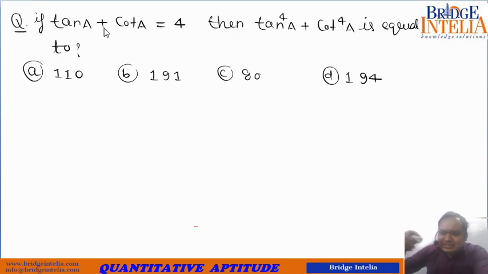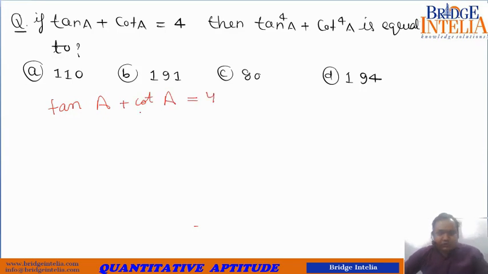So you should create some kind of situation in which you get to multiply these numbers. That's why these numbers have been chosen and given before you. So let's move on to a fresh slide, or let's use this space as well. It is already known to us that tan A plus cot A is equal to 4.